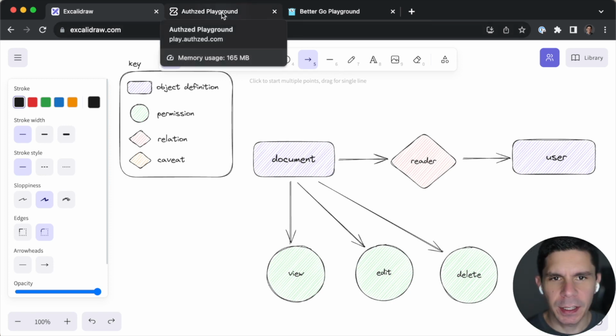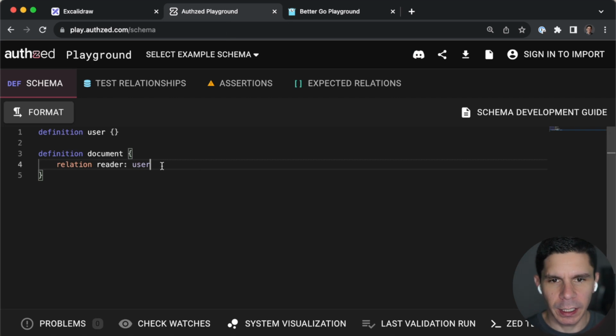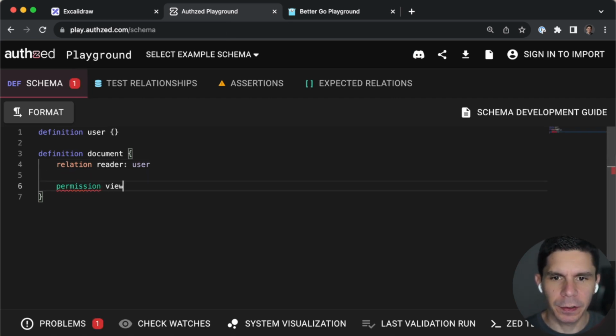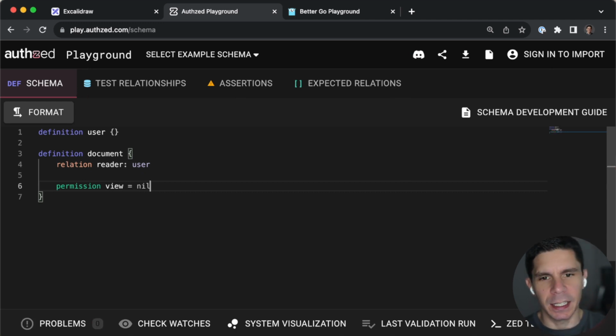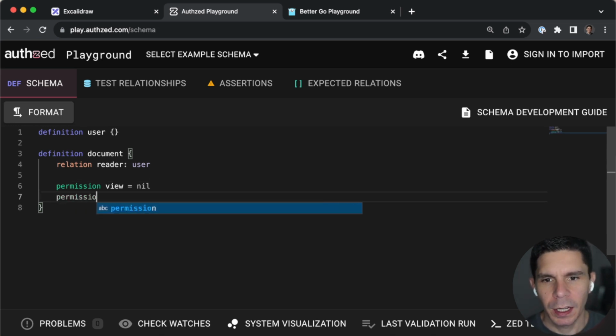And now expressing this in the playground would look like this. So in the playground, we're going to say permission view, and we're going to start off by having that expressed as nil. What nil signifies here is that we want to skip the computation, but it's totally valid syntax, and it's saying that no user or no entity of any type should be considered as having view permission on a document. Then we'll add our others, edit,